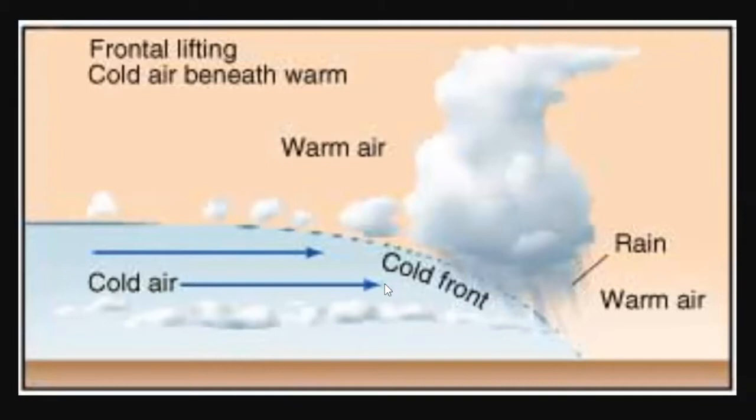And when it hits some other moist air, it forces that air up and over it, like we see here on the graphic. The warm air moving up over the top of the cold front, and that's where we usually see the clouds and the rain or snow form in association with a cold front. Of course, we haven't had many cold fronts this year, and we'll get into that in a little bit.